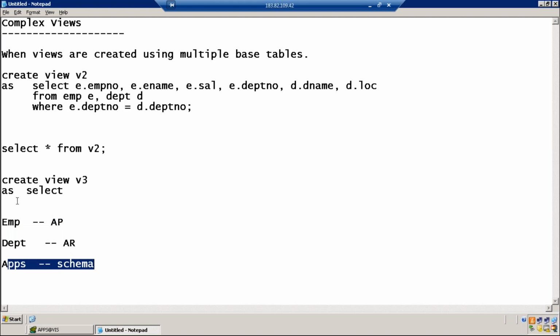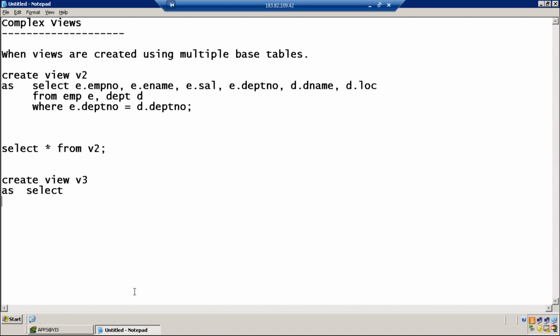So views can be created on multiple tables, and the multiple tables can be available in two different schemas, but still the views will be created in Oracle applications on the apps schema, because the apps schema is a collection of synonyms. I'll tell you when you're learning about the database structure. Okay, fine.